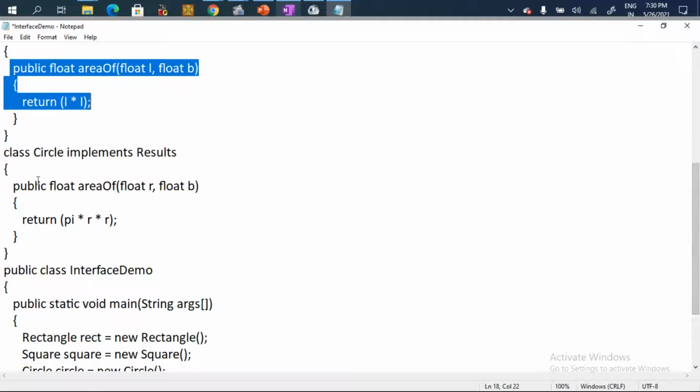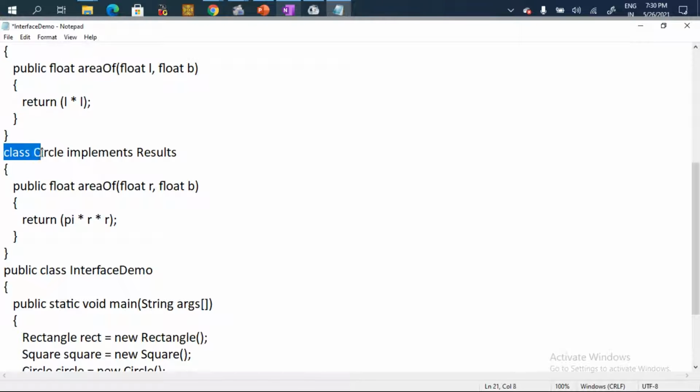And the third class which I have taken is class circle, and now it is implementing the result interface. Here I have calculated the area of circle, which is return pi into r square. So this is a simple formula for the circle area.